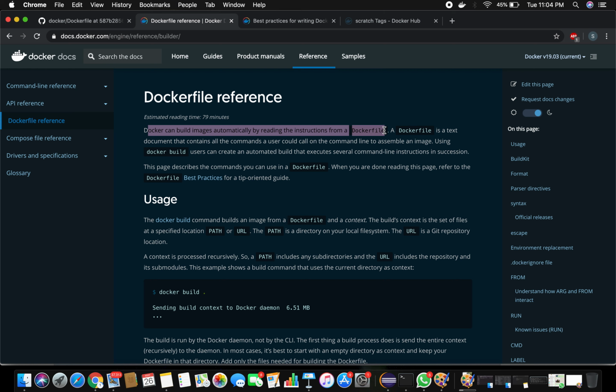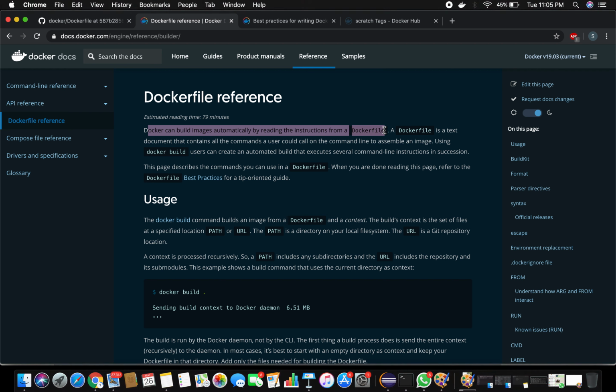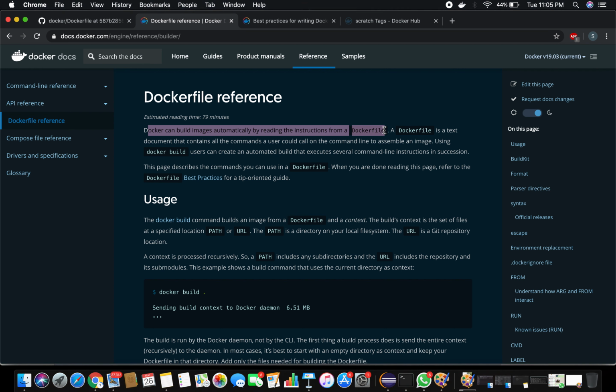In the previous video, we pulled an image from the Docker Hub. That's a Jenkins image, which we pulled directly from the Docker Hub. Instead of pulling the image, if you want to create your own image, a Dockerfile provides an option to build your image from scratch, or you can take any base image. On top of that, you can run your commands or provide your instructions to create more layers. Which means you can take a base image, create your layer, and then it becomes another image. It creates a new image. On top of that, you are going to build the container.